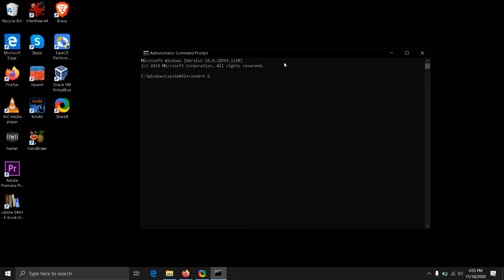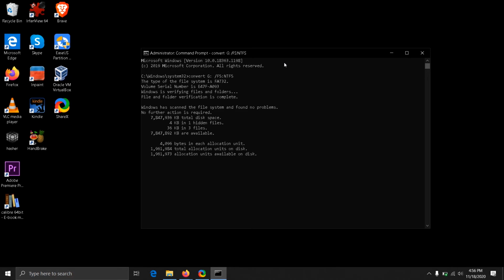Then you have to write colon, space, slash fs. Fs stands for file system here. Colon, then the name of the file system you want to convert to, that is NTFS. Hit enter. After hitting enter, it will automatically convert FAT32 into NTFS